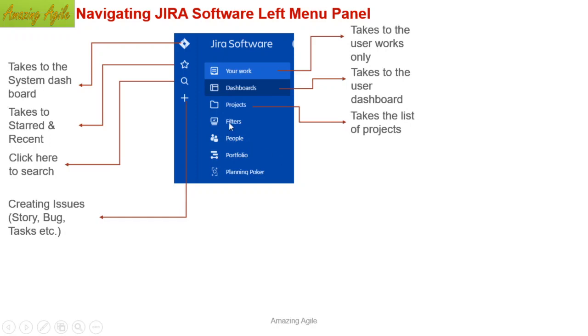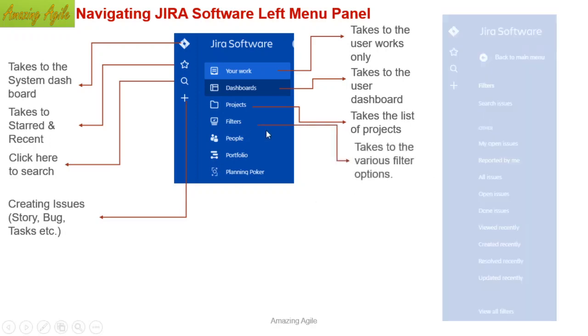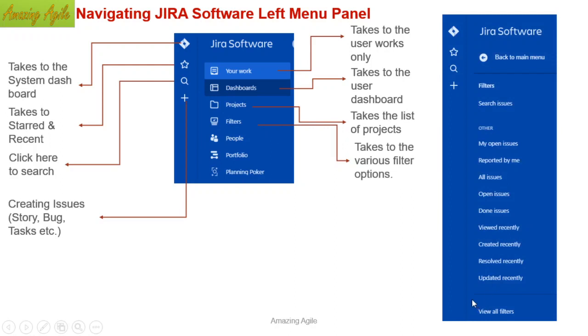Filter is a big option. If you're working at the enterprise level, you may have more than a couple of thousand issues, that means stories, bugs, tasks, everything. So there are many filtering options you may have, and only a filter may not work. So if you click, another big menu comes, and these are all predefined filtering criteria. Like open issues, that means it already has a filter criteria to open only your issues which are assigned to you. Reported by me, that means reported means created.